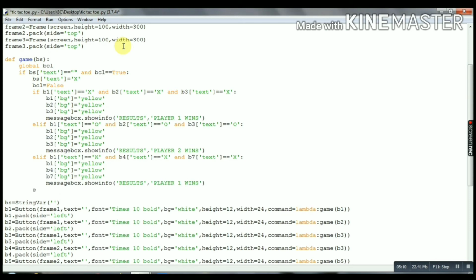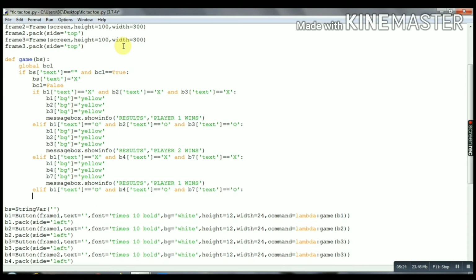Okay, well, if B1 text equals to O, a similar condition for O also we will check. Okay, and B7 text equals to O. Okay, and change their background.